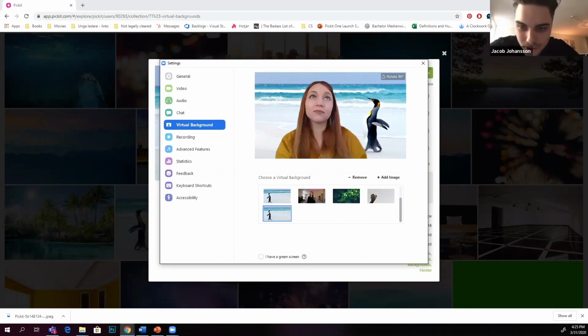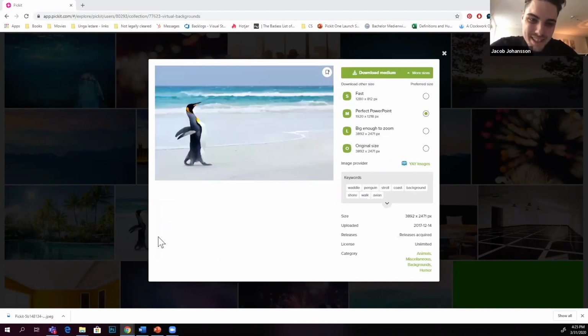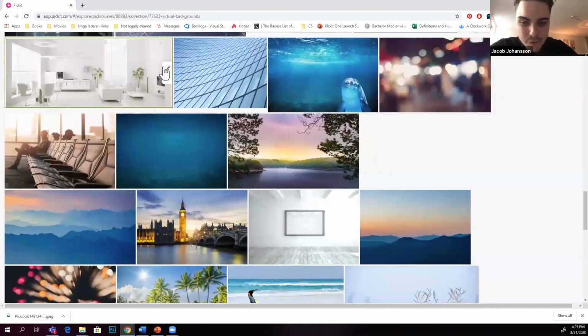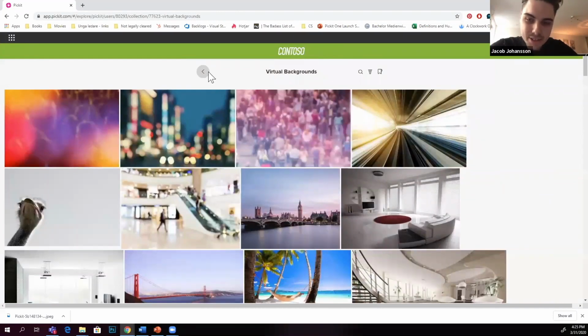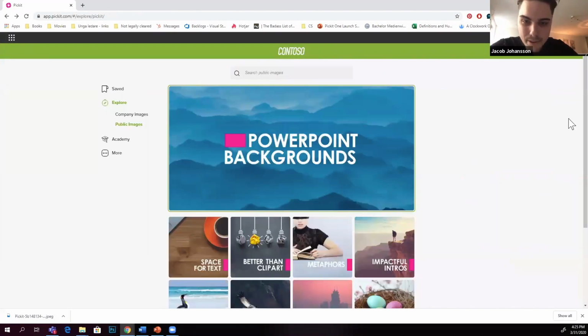Yeah, thank you, Jules, and thank you for that demo. That penguin looks amazing. So as you see in this release, we listen to your feedback, and we always are happy to get feature requests from all of you, since you use Pickit the most. And as you also see, our system is now prepared for bigger file sizes, which gives us endless possibilities for future file types. I see in the QA that Vincent has asked about the videos, and that's a request we're